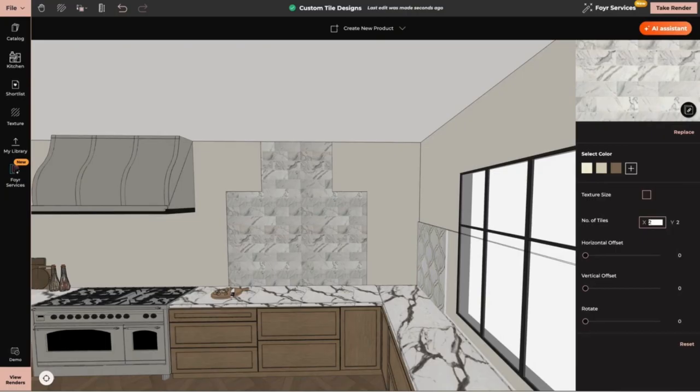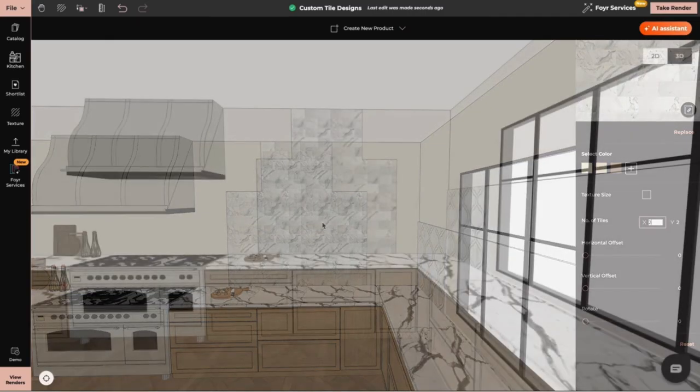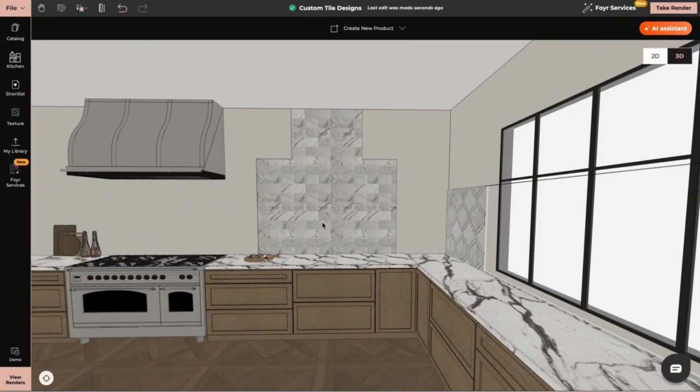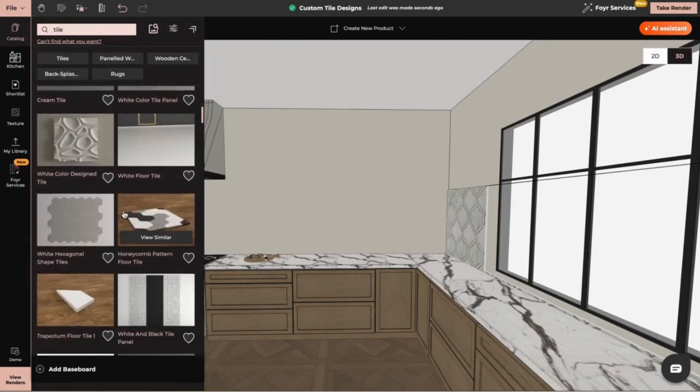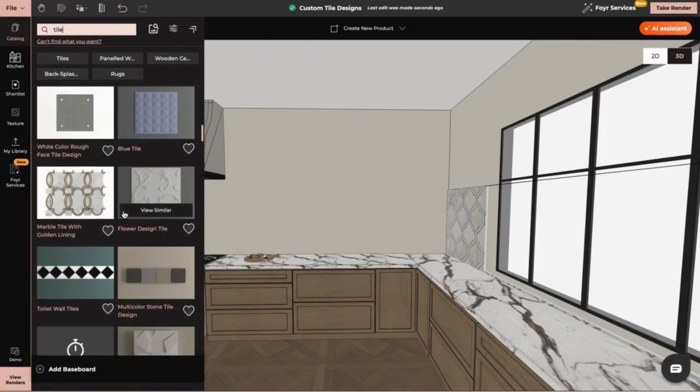As you can see, by using Create New Product tool, you can create many different shapes for your splashbacks. In the same way, you can also create multiple floor textures. We also have some tiles in our catalog. If you go to Catalog and type in tile, you can use a 3D product,